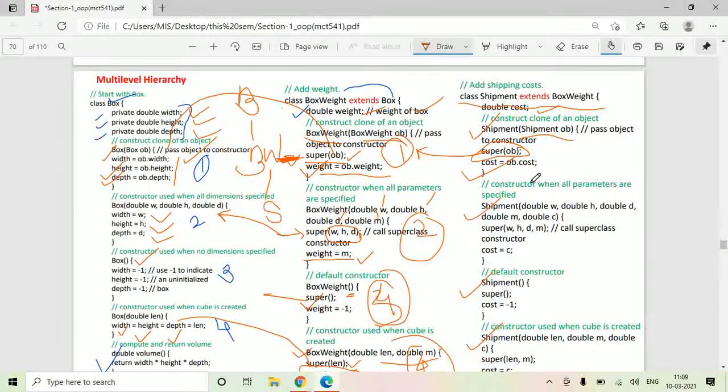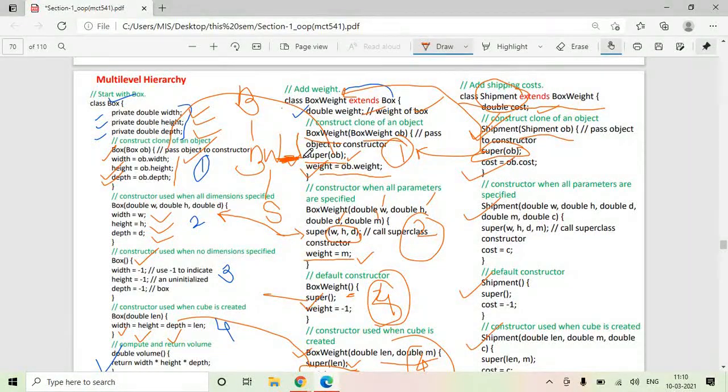So when we create an object of the shipment class, the constructor of the shipment class will get called. First, it will give a call to its parent class, that is the box weight class. Let us call the constructor of box weight class first. When this box weight class starts executing, it will see that box weight class is not a normal class.